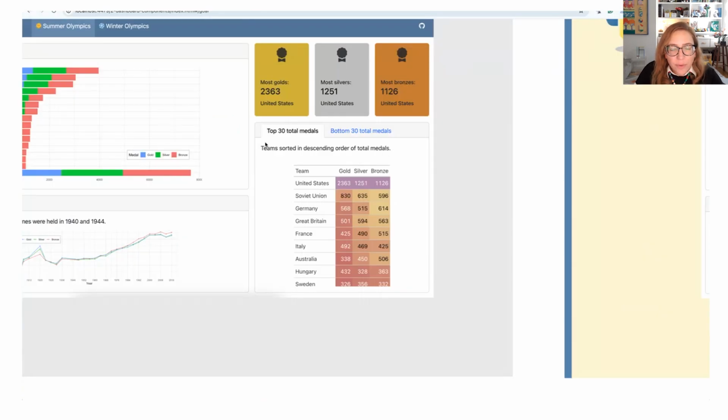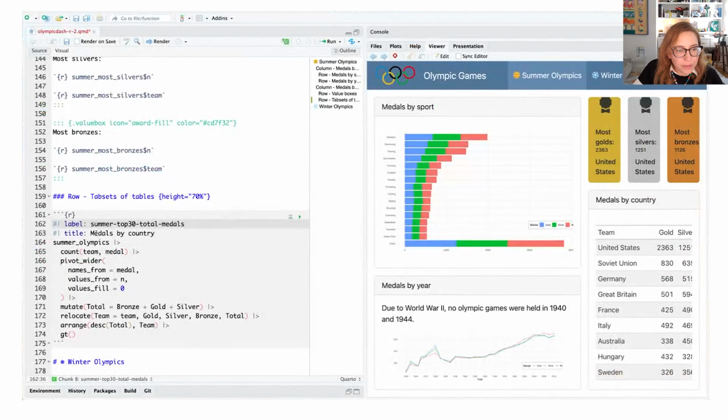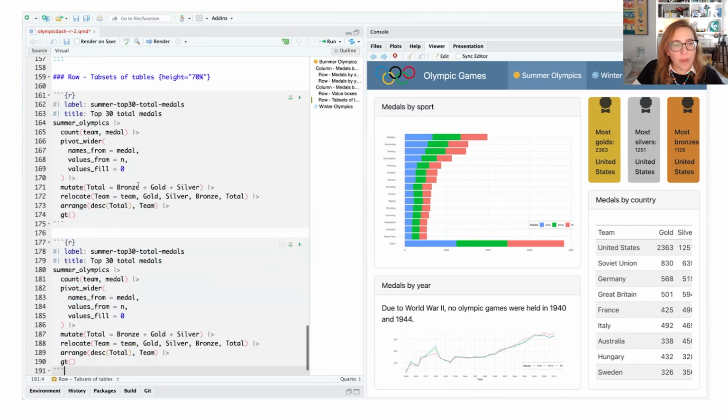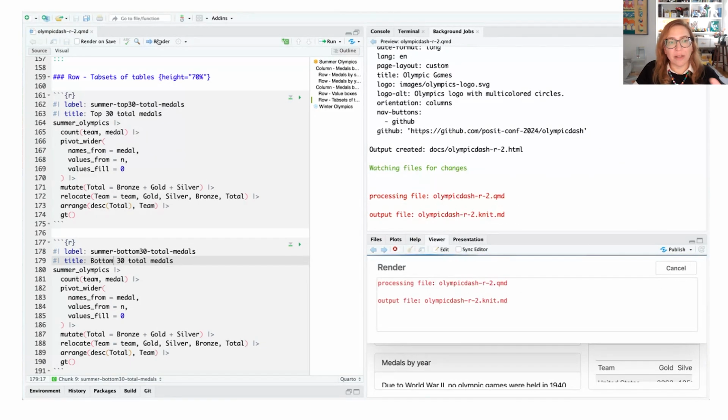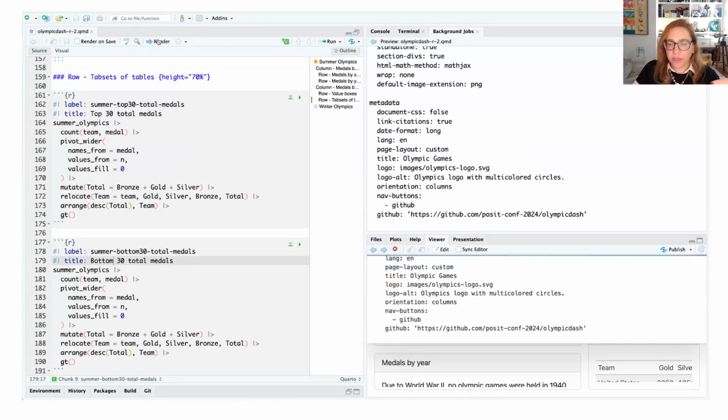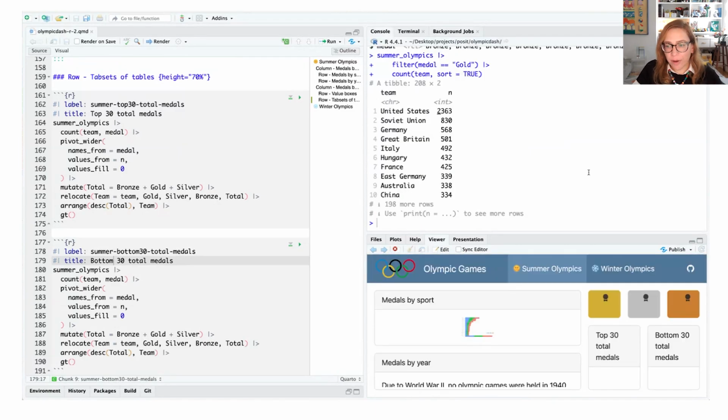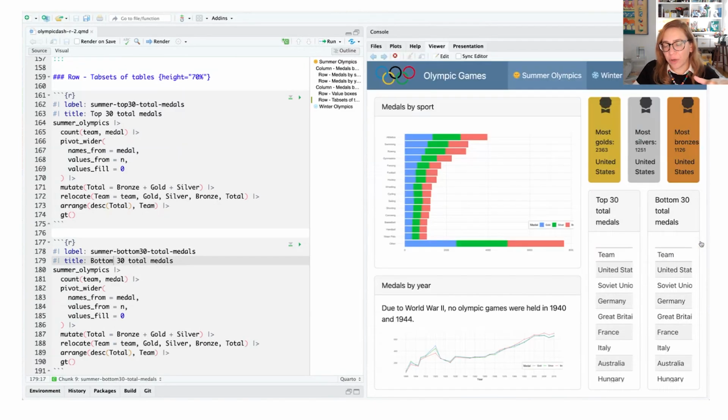And it looks like we want to call it top 30 total medals for the title. And then we're going to want to create something similar. And this is going to be bottom 30. Let's go ahead and leave this for a second and let's see what would this look like with 2 code cells in this row. And we're going to then see how do we put them across tab sets and then finally bring in the calculation.